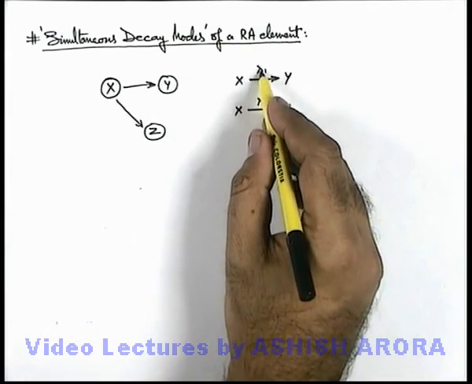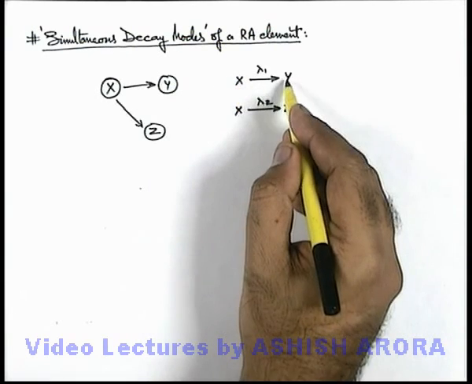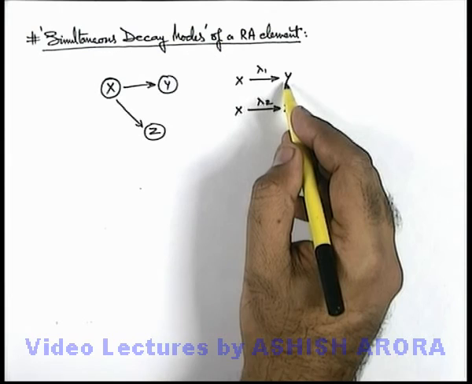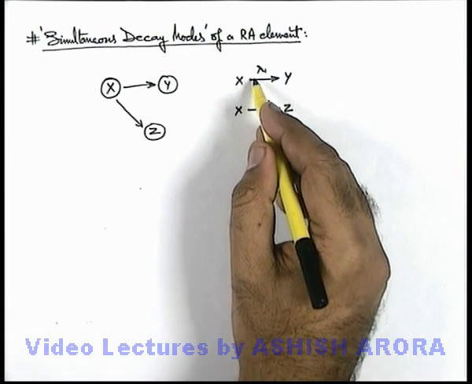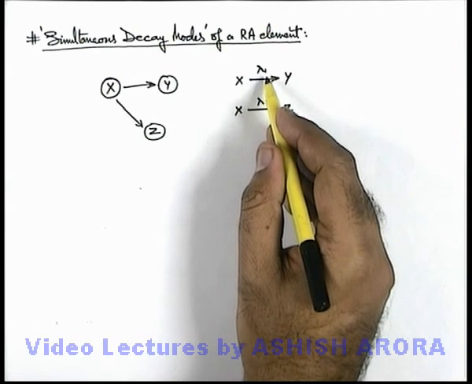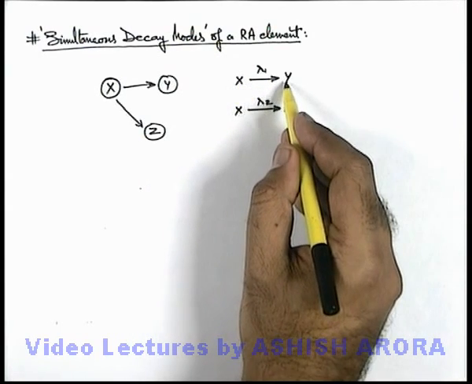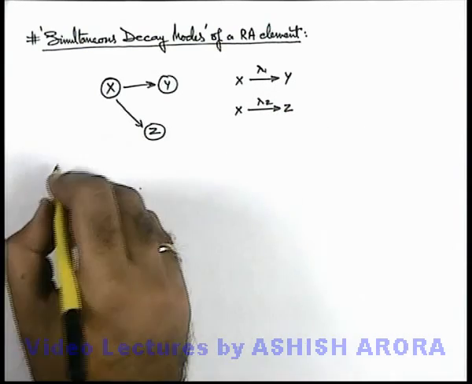Suppose if lambda 1 is more than lambda 2, then the probability of disintegration of X to Y will be more because it is making the nuclei more stable. And a high value of lambda implies higher stability. So if lambda 1 is high, we can say X will be more unstable for its decay to Y compared to decay to Z. Now in such situations we can write